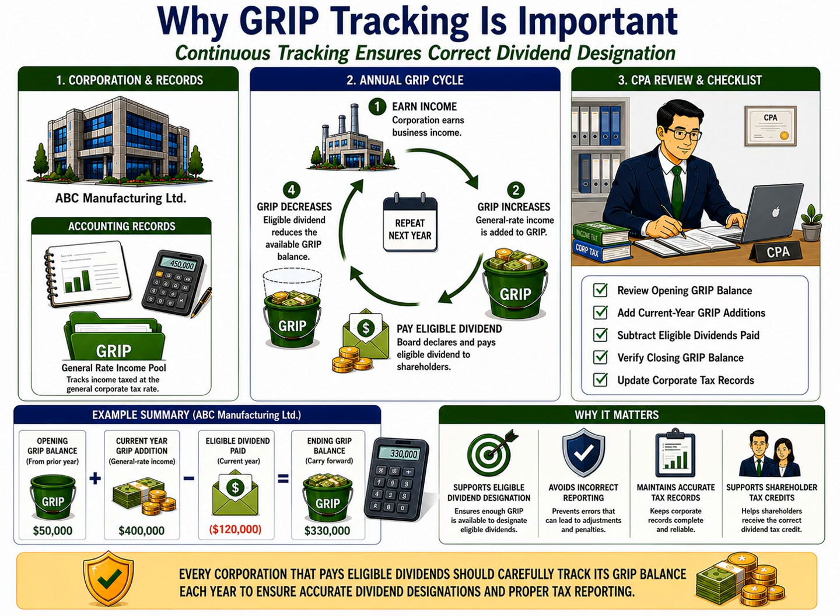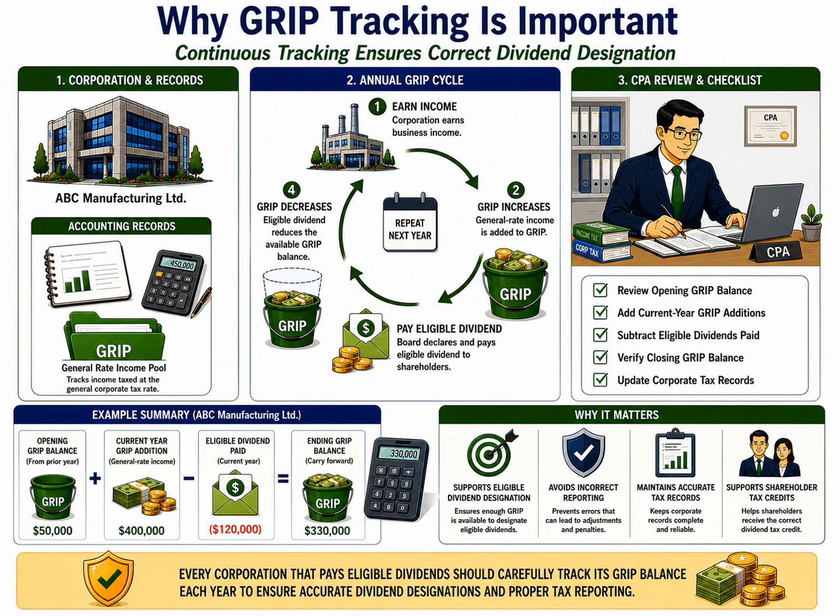Think of GRIP as a balance that is constantly changing throughout the life of the corporation. It isn't calculated once and then forgotten. Instead, it follows an ongoing annual cycle. Each year begins with the corporation's opening GRIP balance, carried forward from the previous year. This represents the amount of general rate income that has accumulated but has not yet been used to support eligible